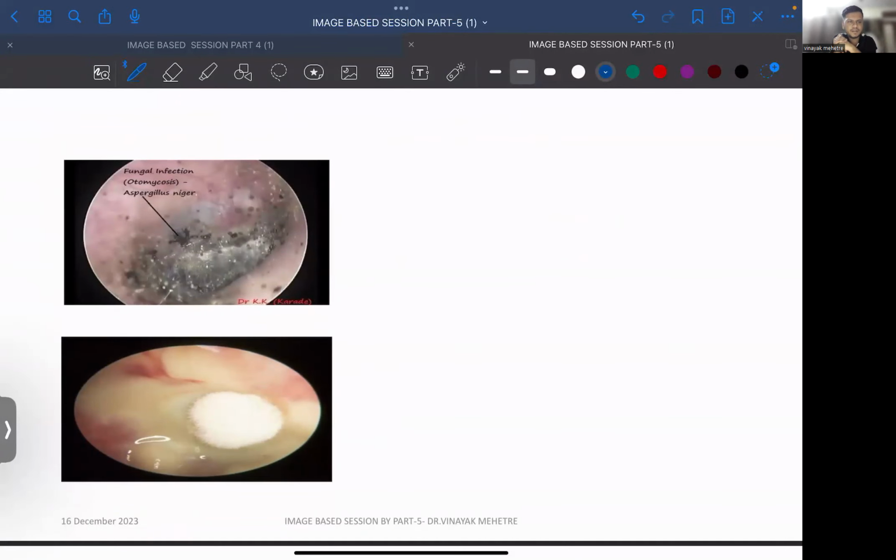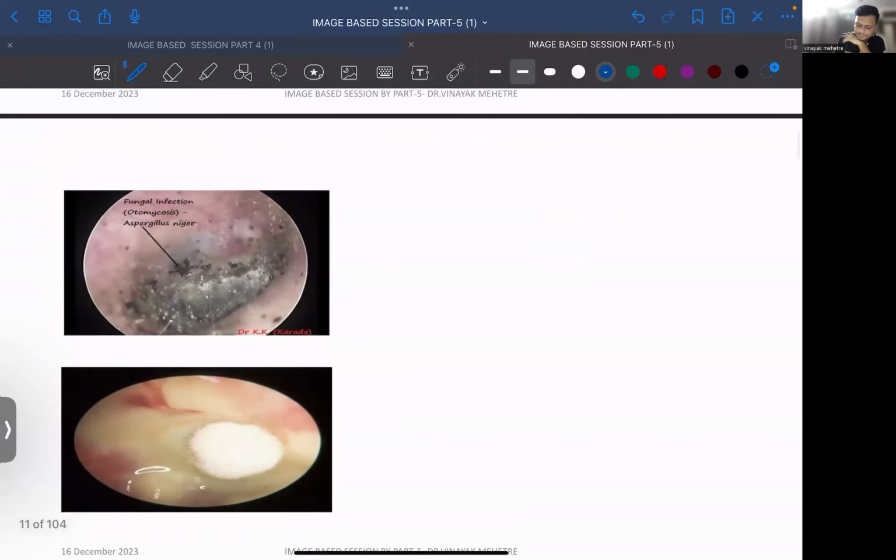These patients come every day in the OPD. Otomycosis. What will the patient have? Foreign body sensation in the ear with decreased hearing. Decrease in hearing is called hearing loss. You will find these findings in it. The first is,